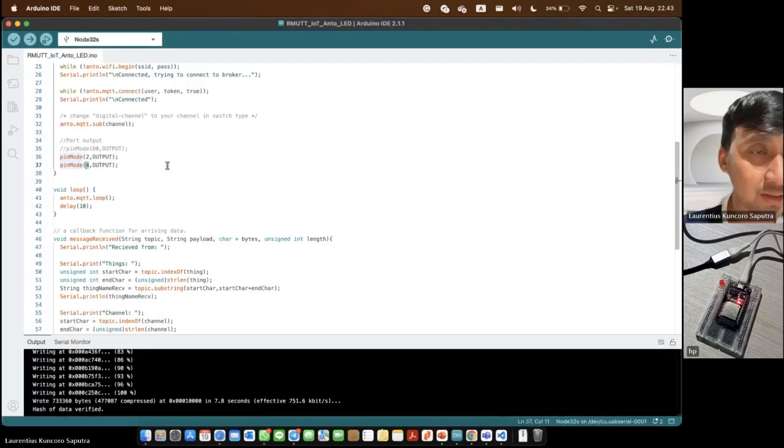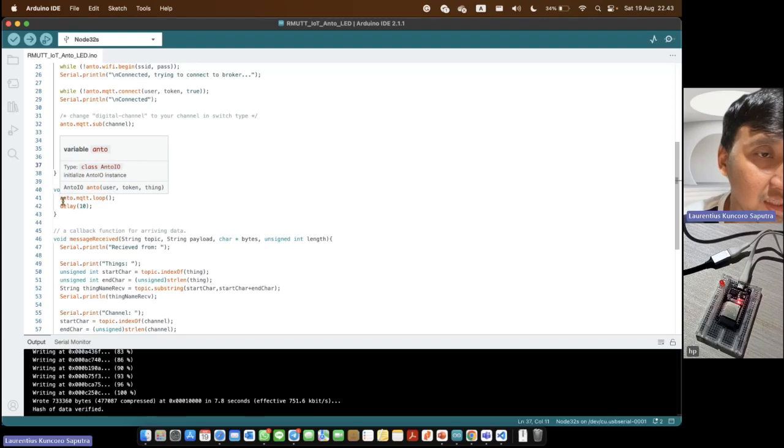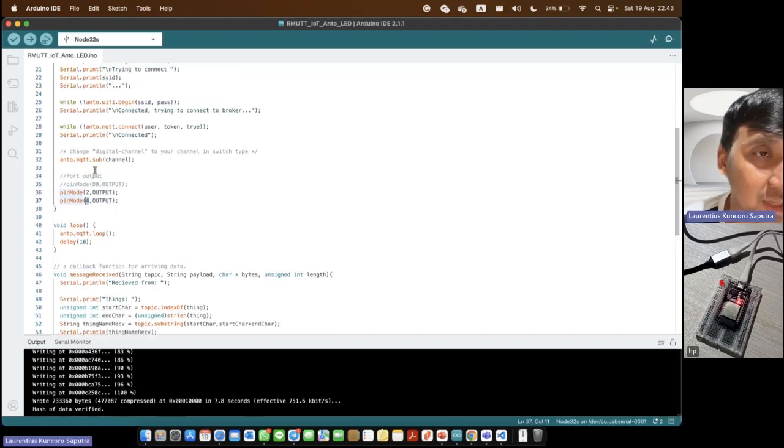And in the void loop function, we only execute Anto.mqtt.loop, where this function is listening for data from the broker, because we already subscribed to the specific channel here.